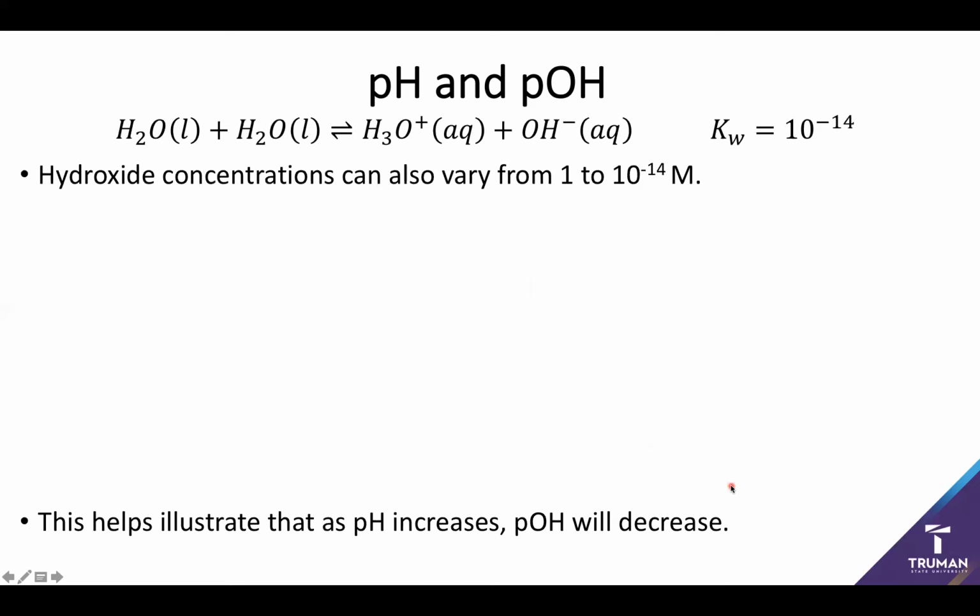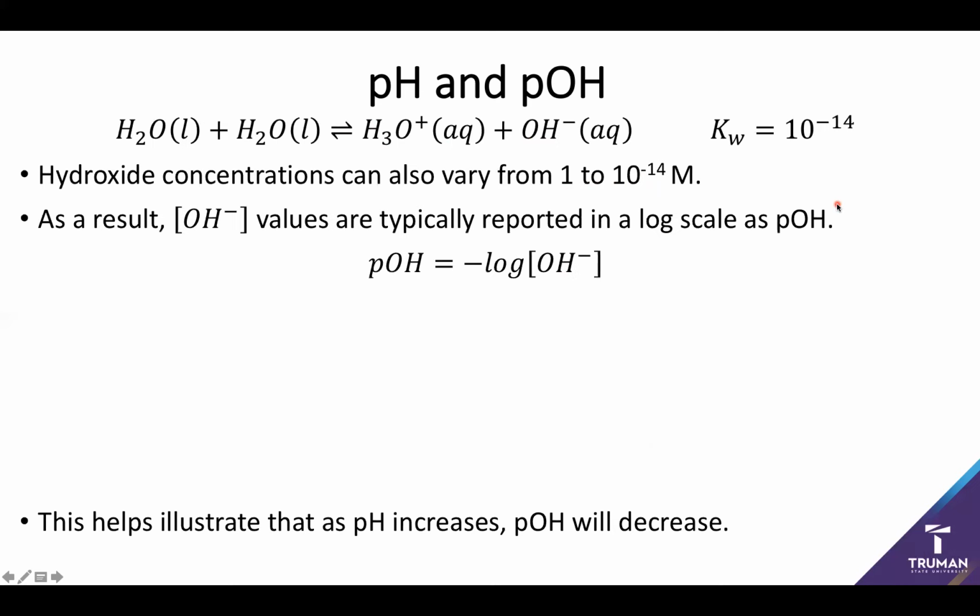However, one of the things we run into is that because the hydronium concentration can go from 1 molar to 10 to the negative 14th molar, it means it's also going to be very common for the hydroxide concentration to do the same thing, but in opposite directions. If I have a hydronium concentration that's 1 molar, my hydroxide is 10 to the negative 14th. If I have a hydronium concentration of 10 to the negative 14th, well, my hydroxide is 1 molar because, again,